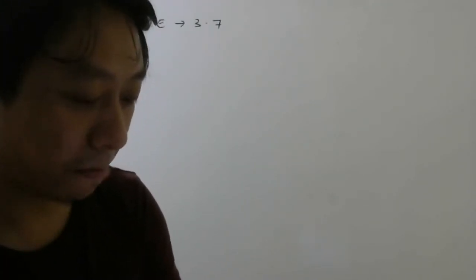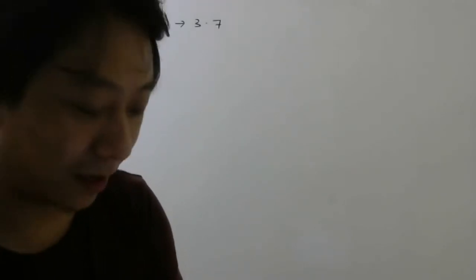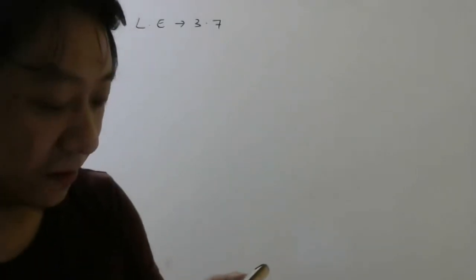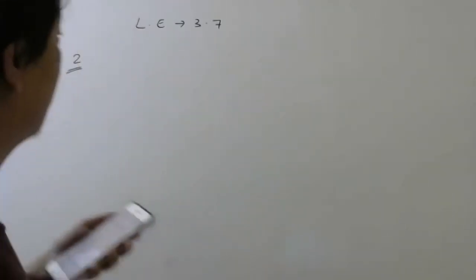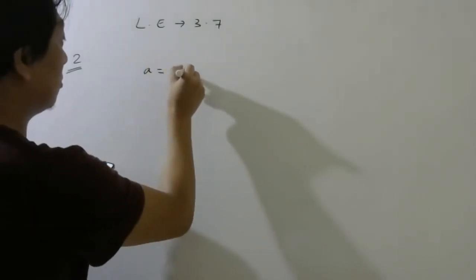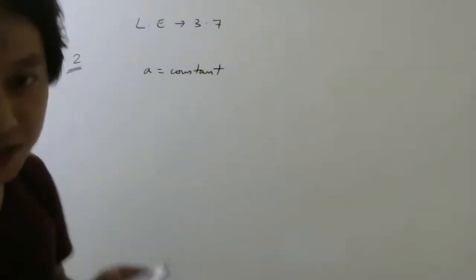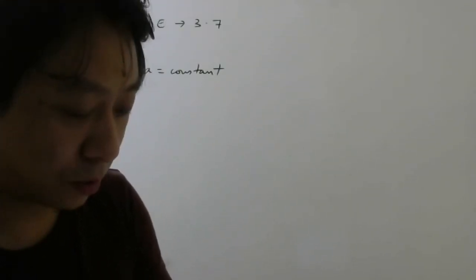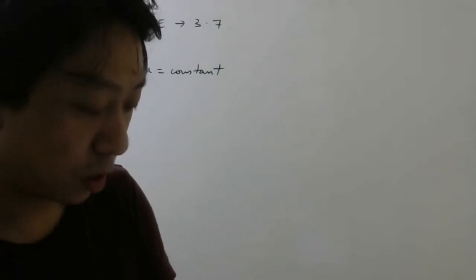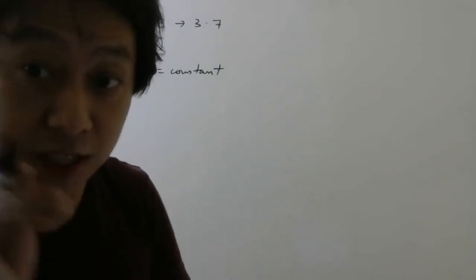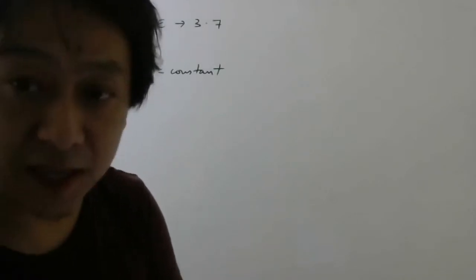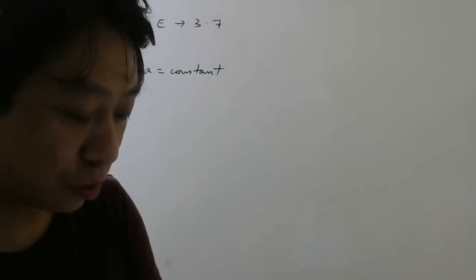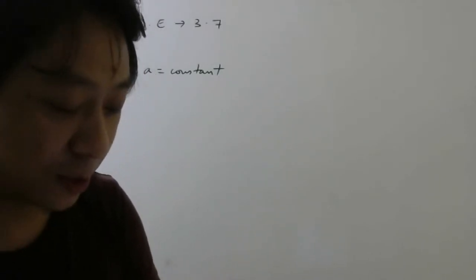Question number 2 you see. A train is moving along a straight track with constant acceleration. That means we can use our kinematic equations because acceleration is constant. When the front end passes through a point P on the track, so P is a point on the track, it has a speed v1. And when the rear end passes through the same point, it has a speed v2.